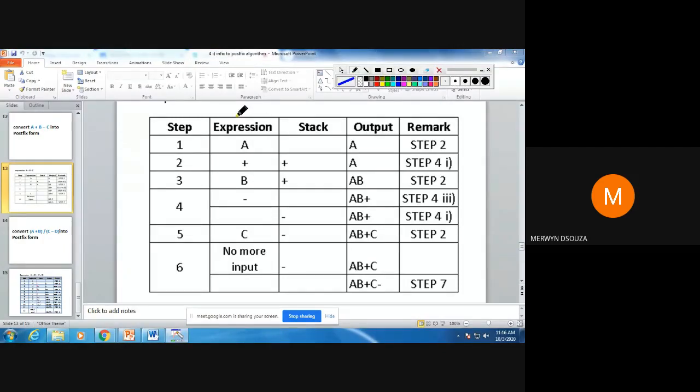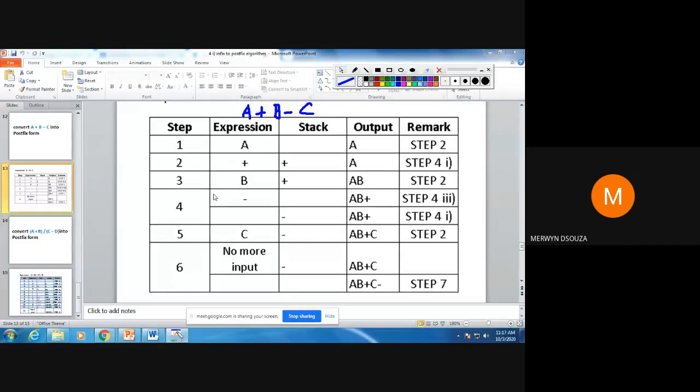So basically you're going to convert this expression, a plus b minus c, which is in infix form, to postfix. If you have drawn this table in your notebooks, I'll go step by step.